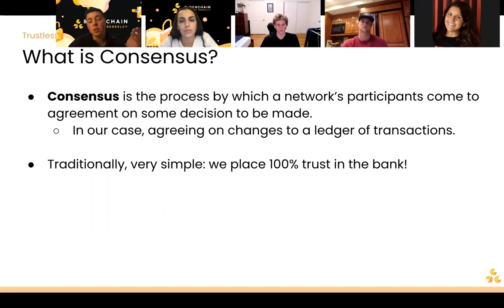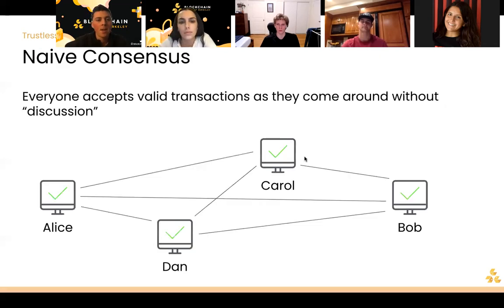And so in a centralized model, it's pretty straightforward. We just trust that the bank will do the right thing. All these transactions are run through banks, and we assume that the banks will act with our best intentions in mind and they won't be corrupt. Because of this, it works really efficiently because there's just one person in charge, one person at the wheel. However, with Bitcoin and blockchain, we need to start to transition into different forms of distributed consensus.